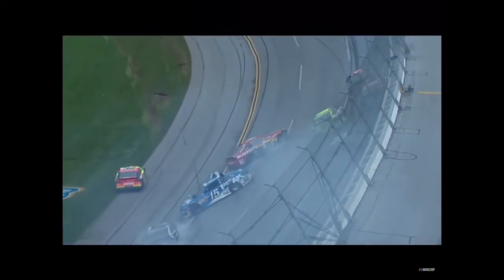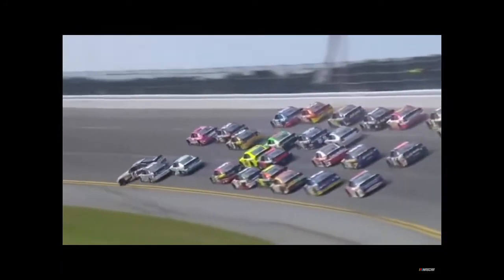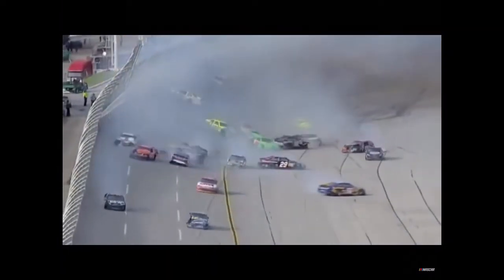Jeff Gordon sliding down through the mud. In the 55, into the picture, pushed by Casey Mears. Kenseth with Harvick behind him. Oh, there's contact. Get out of there now. Stewart into the middle of the pack and over. Fortune's out. Waltrip in the 55, Mears in the 13, Stewart in the 14. You can see Tony just a little bit late in making that move to get back down. Harvick and Kenseth on the outside had a run, so they were literally going to go by him on both sides. Watch the 2. The championship leader